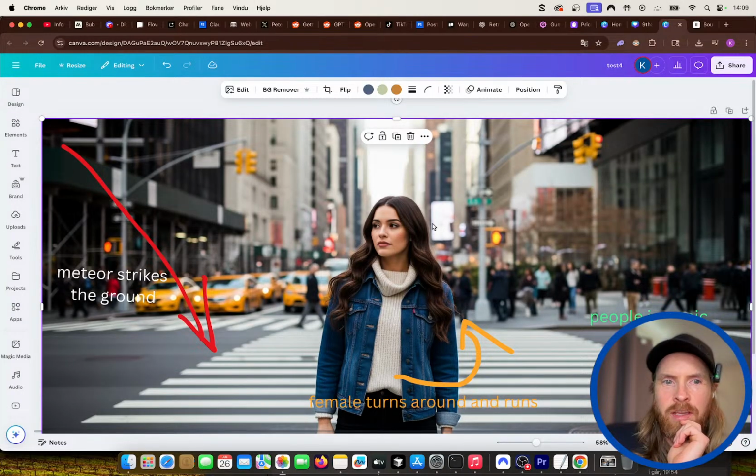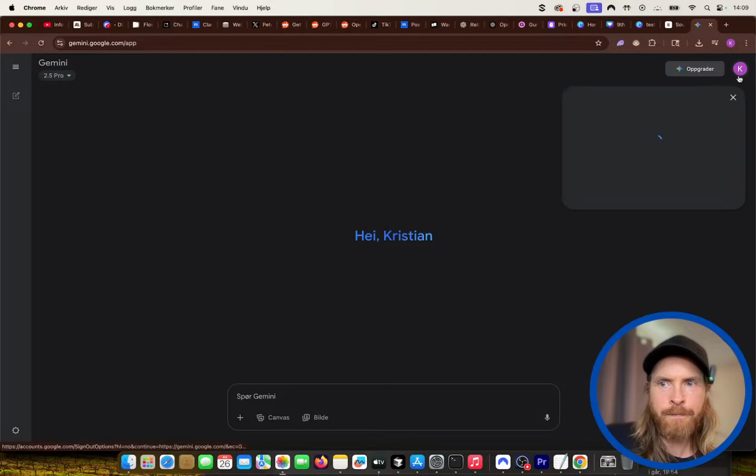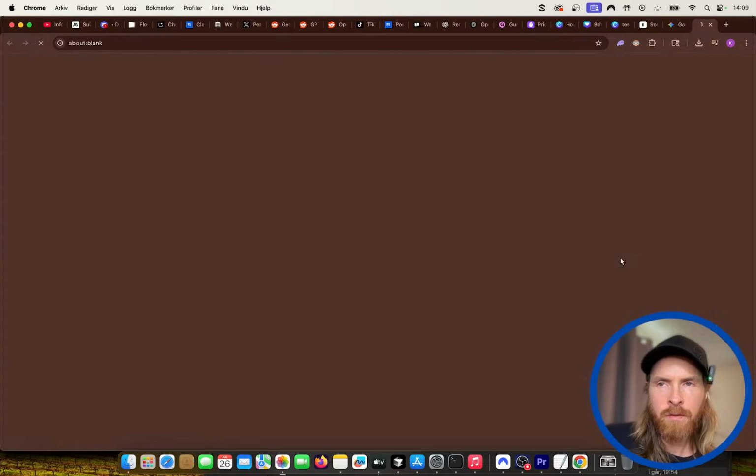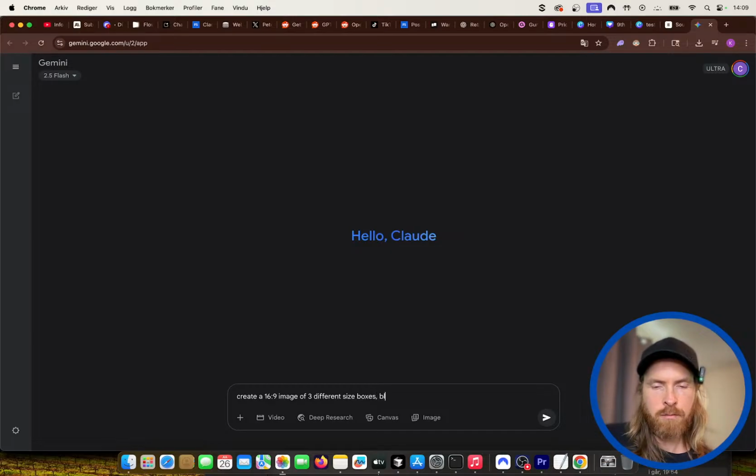So I wanted to try, what if we do Gemini and we just do create a 16:9 image of three different size boxes, black background.